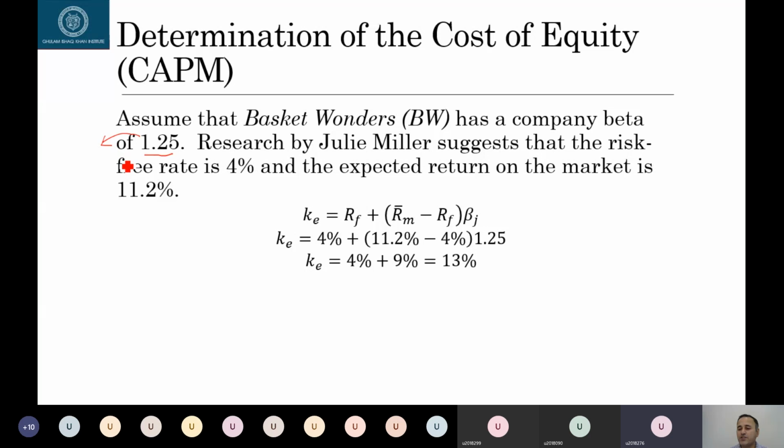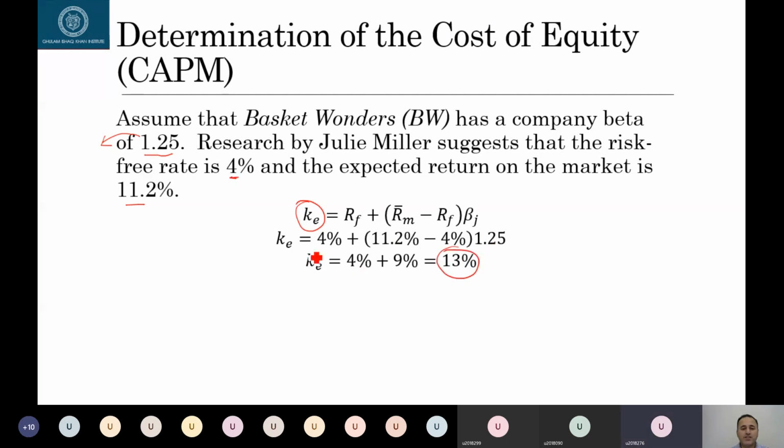Yes, there are sophisticated models behind those calculations, but you have access to that information. That's the whole point. Julie Miller suggests that the risk-free rate is 4% and the expected return on the market is 11.2%. So KE of this stock is 4% plus (11.2 minus 4) multiplied by this beta,